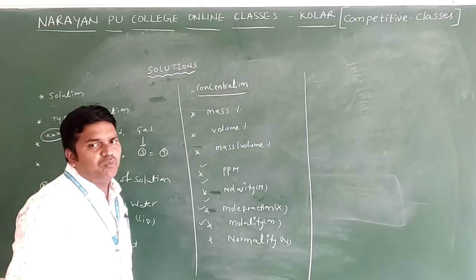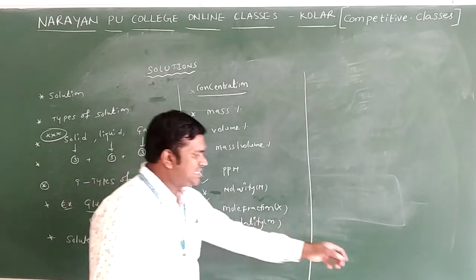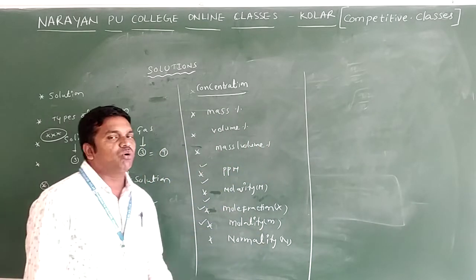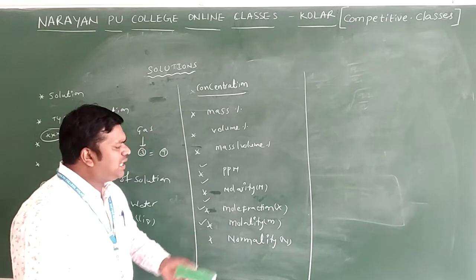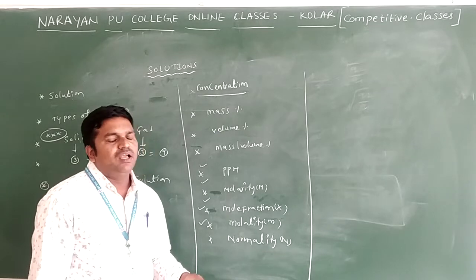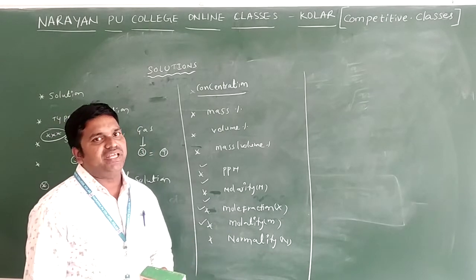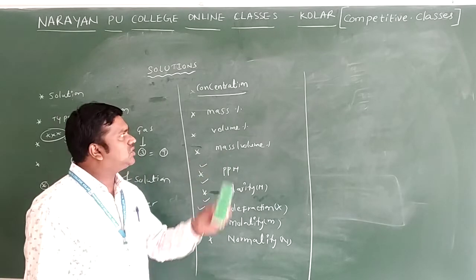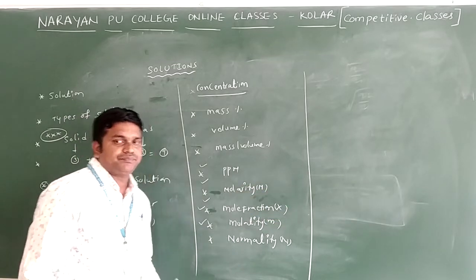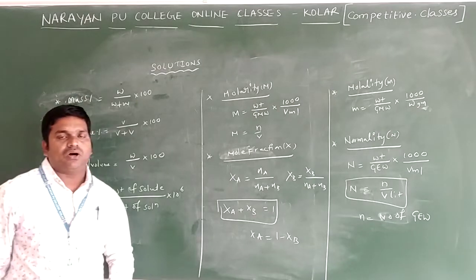We have discussed the formulas related to all these concentration terms, and we can discuss the questions mainly on these concentration terms. How do we find out the concentration? Sometimes they are asking the weight of the substance, sometimes they are asking the molarity of the substance, sometimes they are asking the volume of the substance. So these are the main concentration related formulas we use in this chapter. Now let us see the formulas on these concentration terms.